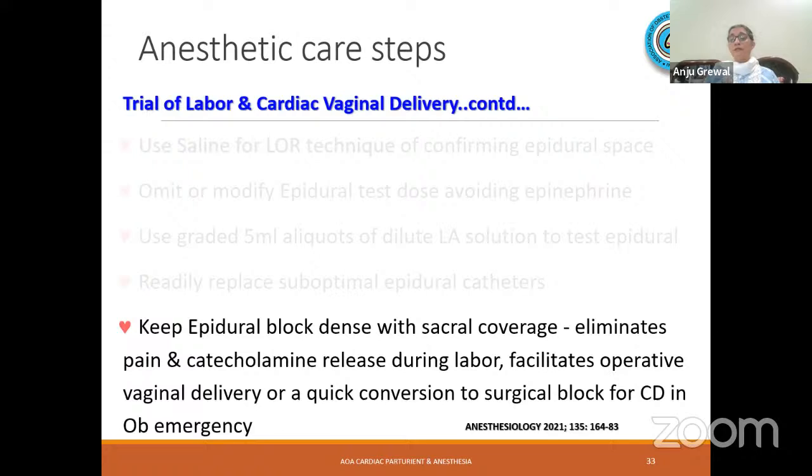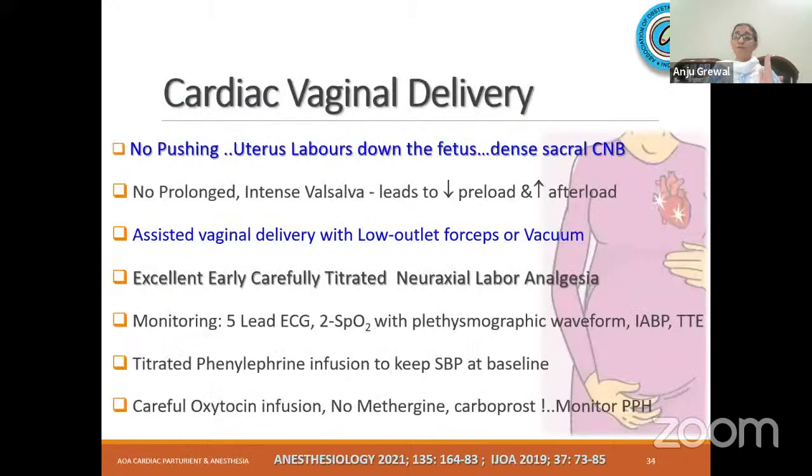And if you have a dense sacral coverage and you have a good working epidural catheter, it will also help us in quickly converting to surgical block. Suppose there is any kind of an obstetric emergency, a fetal distress, or a cord prolapse occurring, and therefore you need to rush this mother to the operating room for a cesarean delivery. So a good working catheter is extremely important. While you are using the epidural, remember to slowly load it in a graded manner so that we do not have any sudden sympathectomy occurring. That's the key to having a good working neuraxial block in epidural block for these mothers who have an underlying